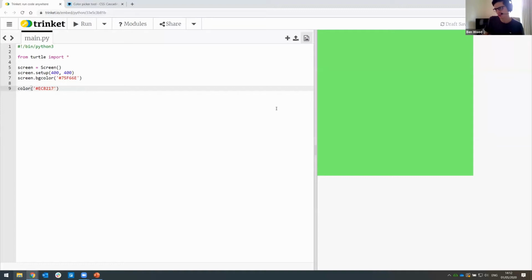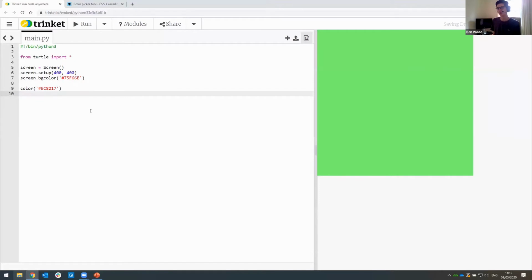So we want to write some text on our screen. If you imagine when you're writing text in, say, Microsoft Word or something, you need to pick the font and the size. So we need to do the same here when we're writing our text. To do that, we're going to create a variable. We're going to call that variable style. So I need to assign a value to this variable. So I'm going to write style equals,